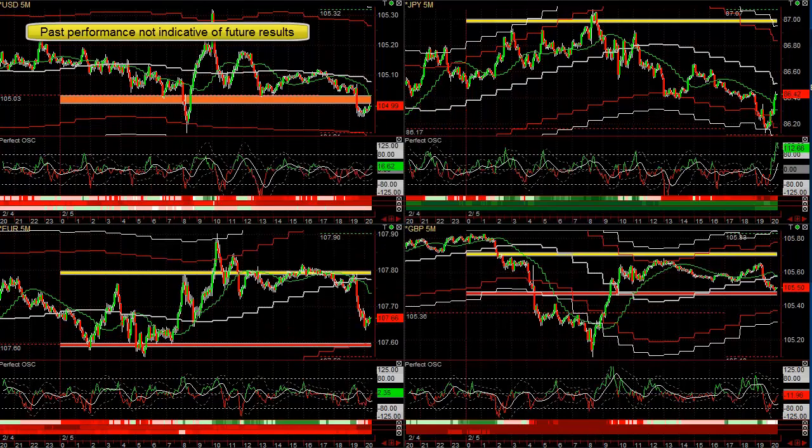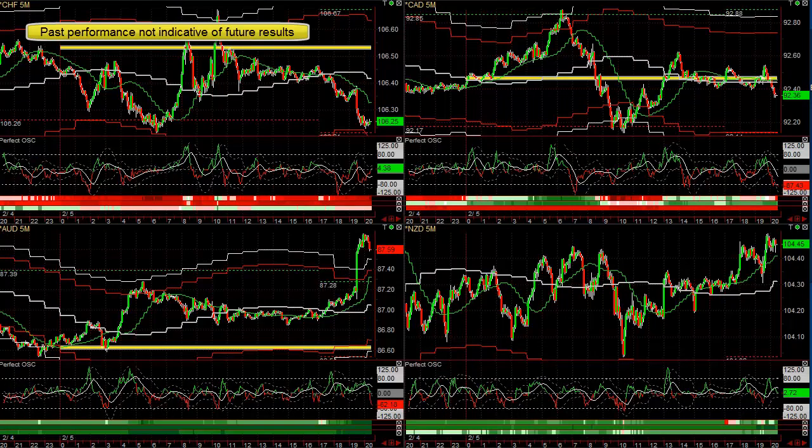Now let's take a look at one more example because it's pretty late. I've spent the whole day working on trading signals. The Australian is pretty strong. The daily, weekly, monthly trend is up. And by the way, one of the easy ways of using our perfect oscillator is just simply focus on that